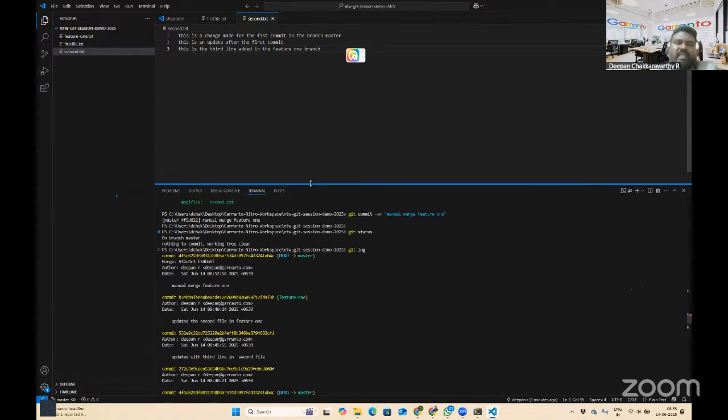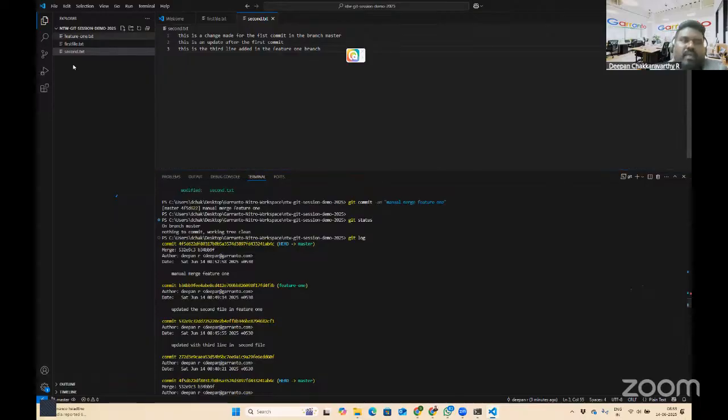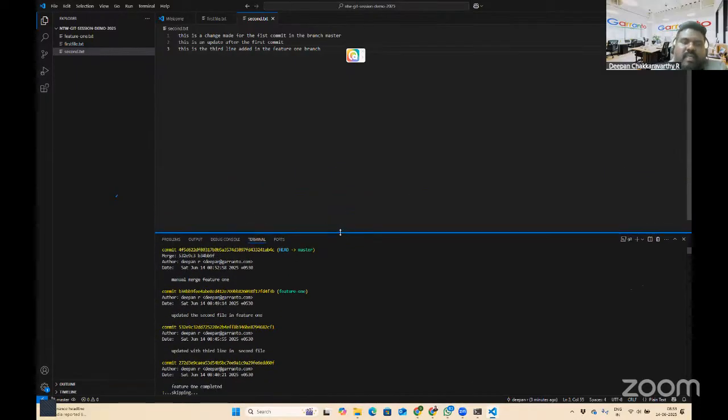So we saw how we can initialize, meaning how we can create a Git repository, what is staging, and what is committing. We saw how Git typically manages the changes, and all these things we are doing in the local repository. Now, how do I move this to a remote repository? And that is the critical part.